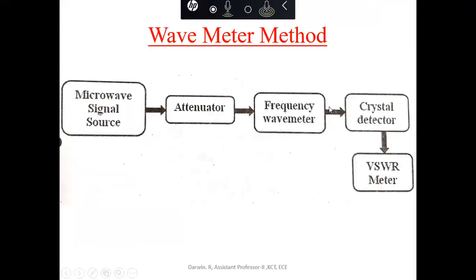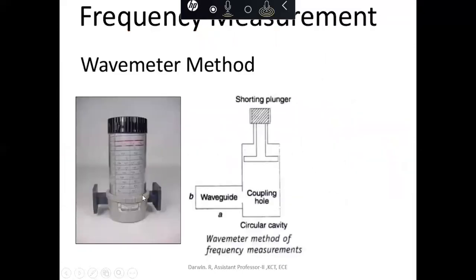Only the frequency meter will show you the frequency generated by the microwave signal source. So this is the place where we connect the wave meter. The signal will come from the source through this waveguide into the wave meter. We will vary the short circuit plunger; this top cap will be rotating, so the plunger will go in and out. Each location will give a different resonant frequency for that cavity based on its dimension, height and width. The height is the one which is always changing.